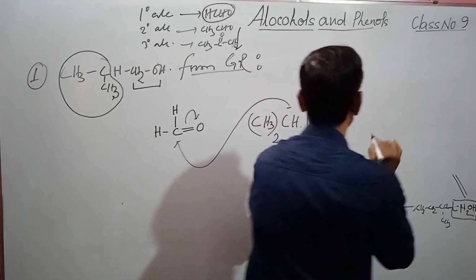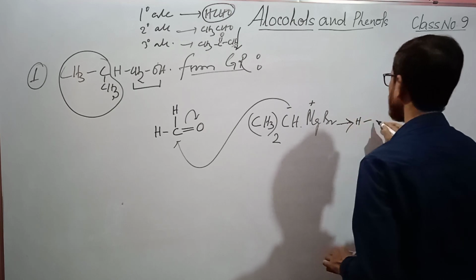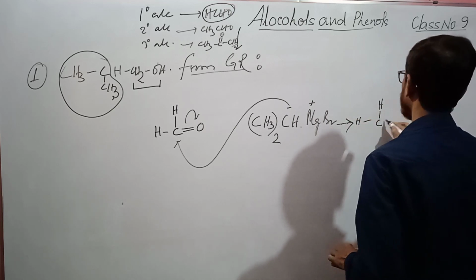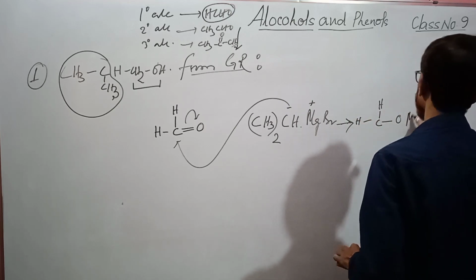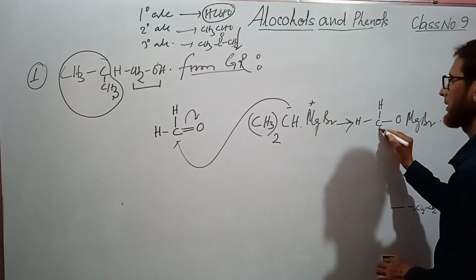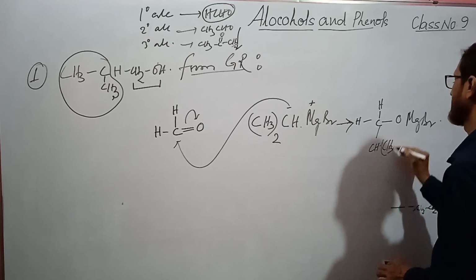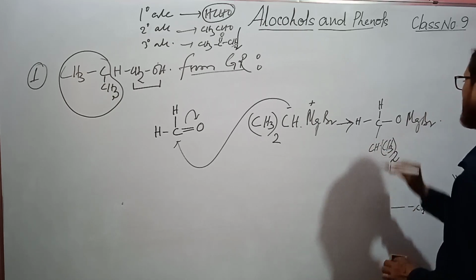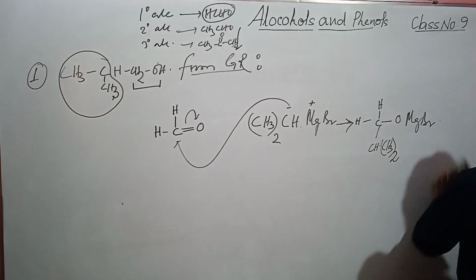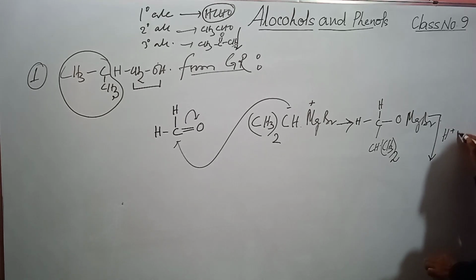Am I right? So what we get is H, C, H, O, Mg, Br, and here you are getting CH, CH3, CH3. Now on acid hydrolysis,